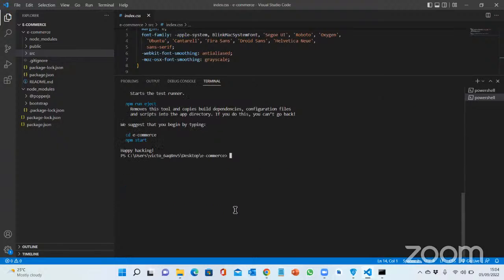So I'll just do cd e-commerce. Now we have been relocated into a new directory, and then we do npm start. By doing so, it's going to run in our web browser on a localhost. Okay. And now, if we look into our source code,